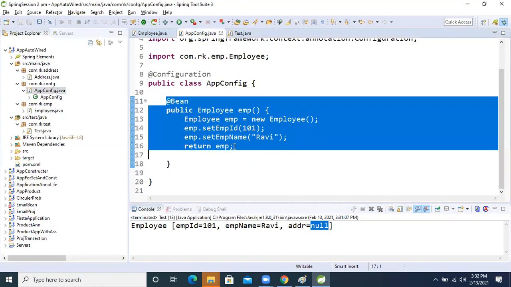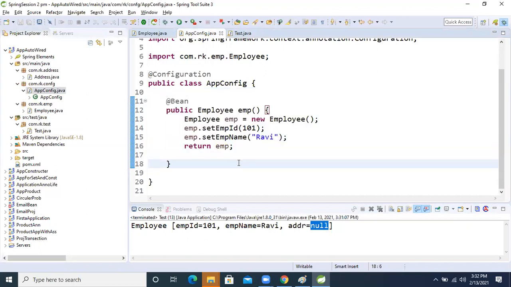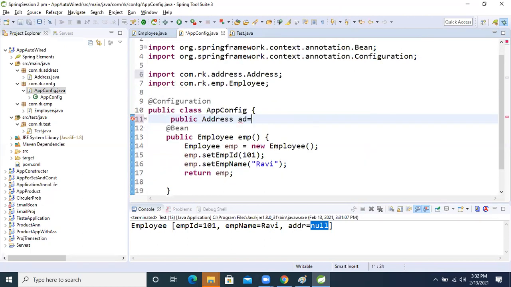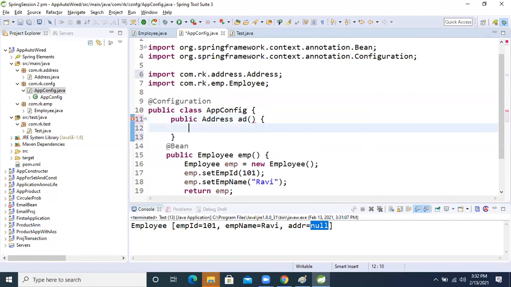Then you will come to one conclusion: I forgot to write the configuration for that address. So then you will write public Address ad equal to new Address.